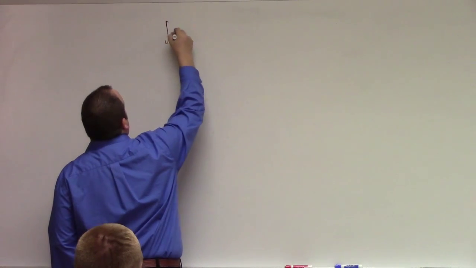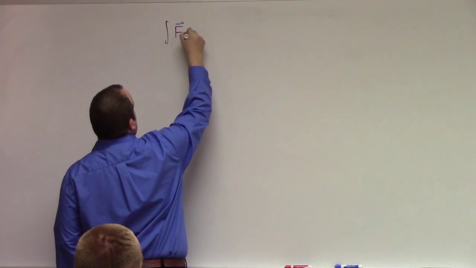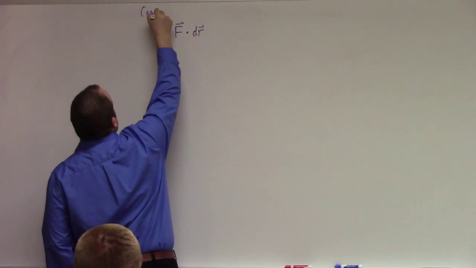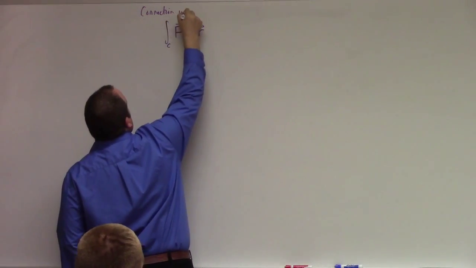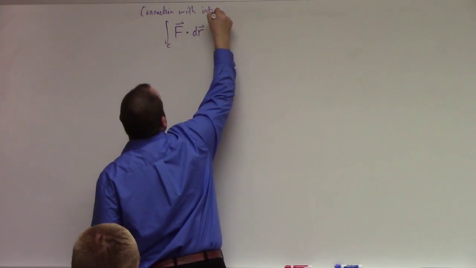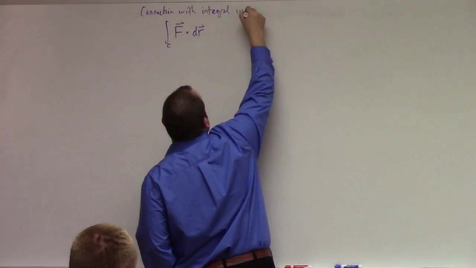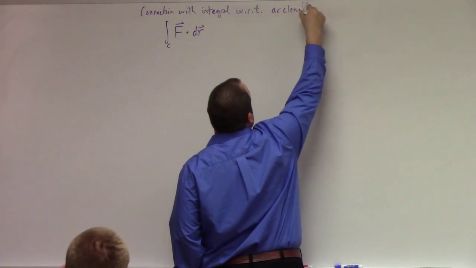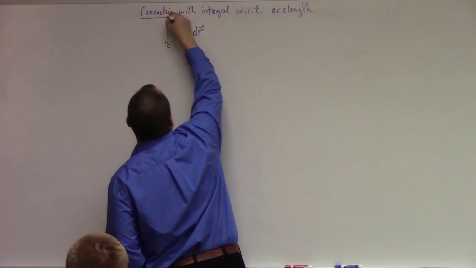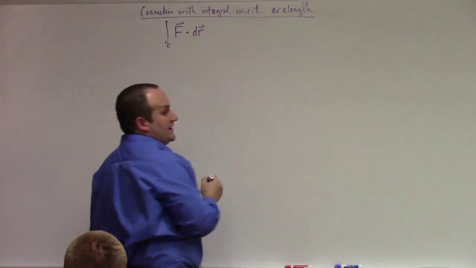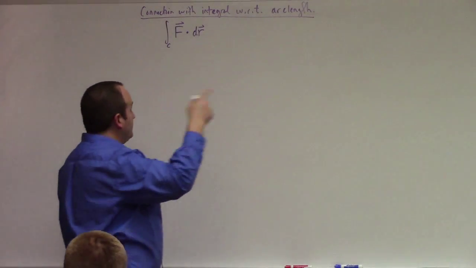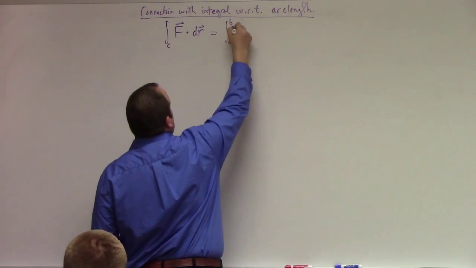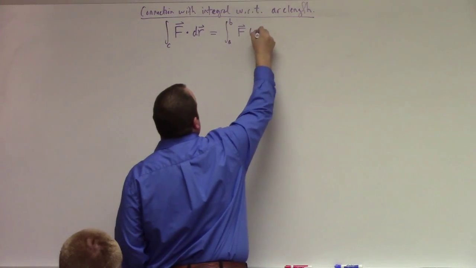So if we look at the integral of F dot dr along a curve C, let's talk about the connection with the integral with respect to arc length. This is also a good calculation to look at because it again will confirm what I have claimed today about the geometric meaning of the line integral. All right, so here it is. This is, again, the integral from a to b of F of r of t